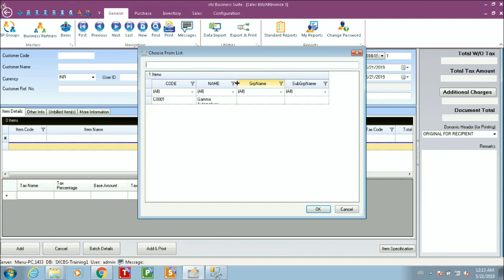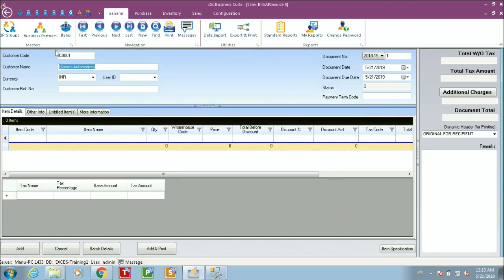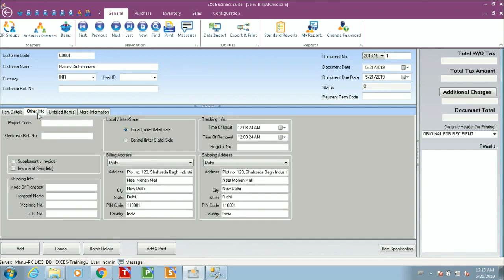which gives us our list of customers. So again, we can either search and choose, and we can click and say OK, or we can double click. Now this will populate the data of this customer in our screen, which means it brings the customer code and the customer name, as well as if we go into other info, it brings us the billing and the shipping